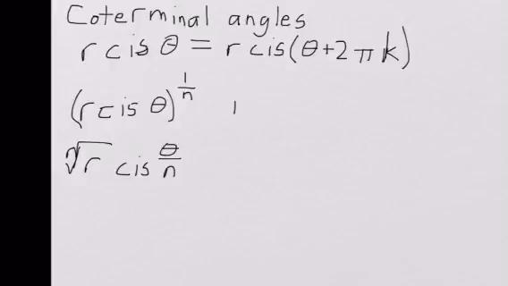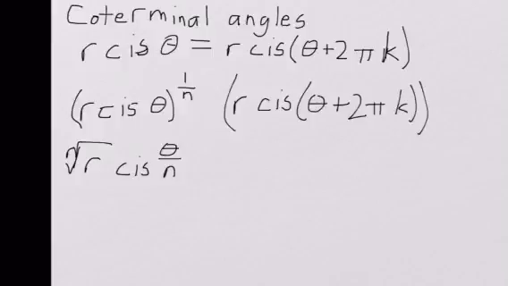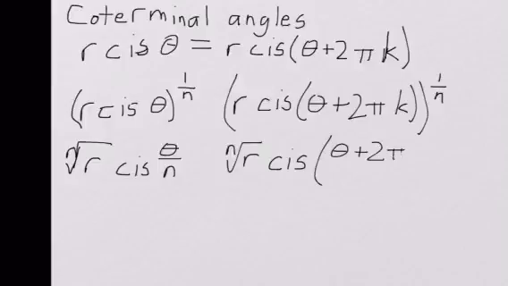we can do r CIS of theta plus 2 pi k, take all of that to the 1 over n power. So again, we're going to get the nth root of r. That'll be multiplied by CIS of theta plus 2 pi k over n. And then so that we're getting all the different unique values, we're going to let k